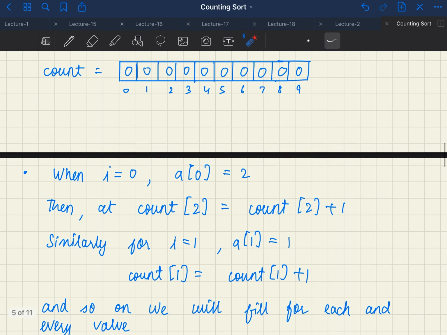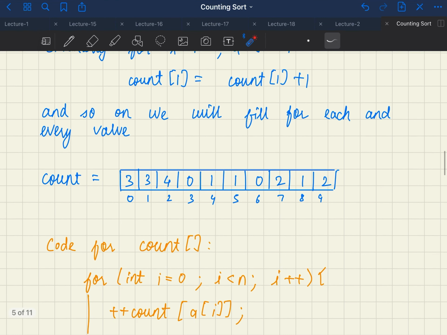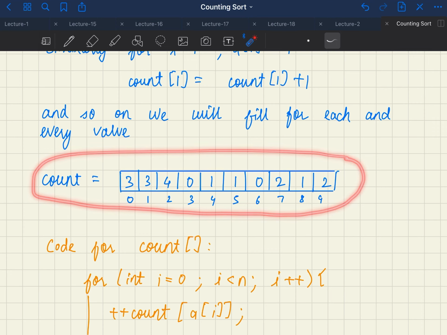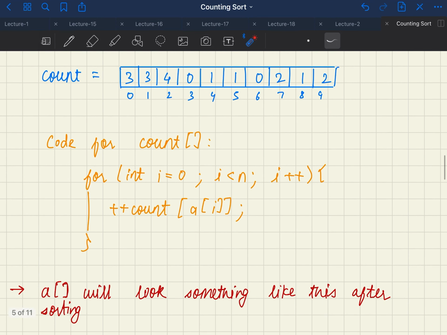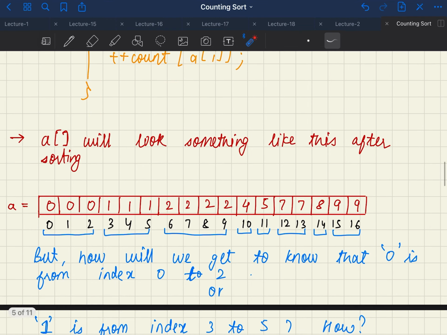Similarly, as we encounter 0 as many times, we will increment that, and the final count array that will be obtained is this. The code for creating the count array is as follows. We will be iterating from the 0th position till position n minus 1, and we will be incrementing the count for each and every different element.